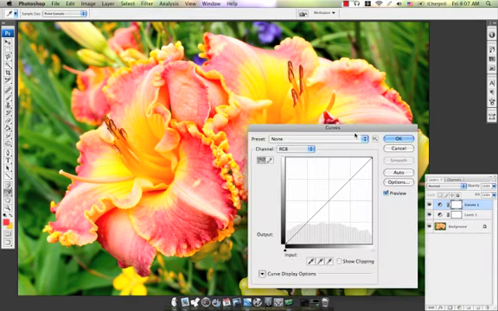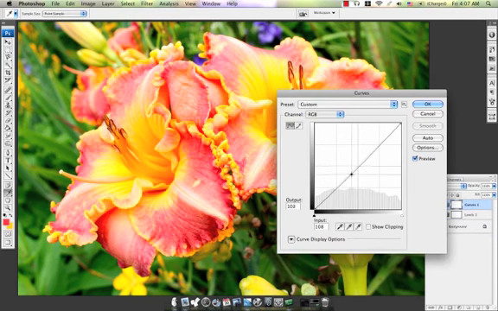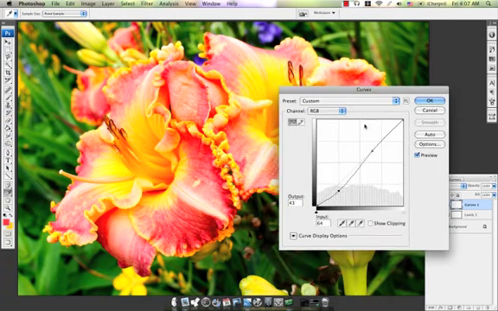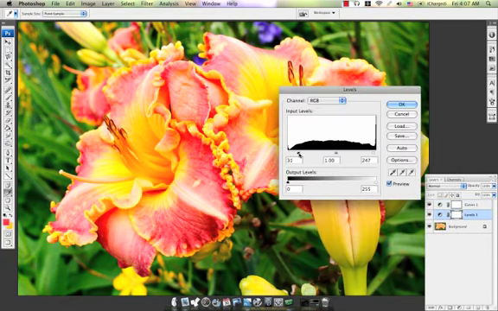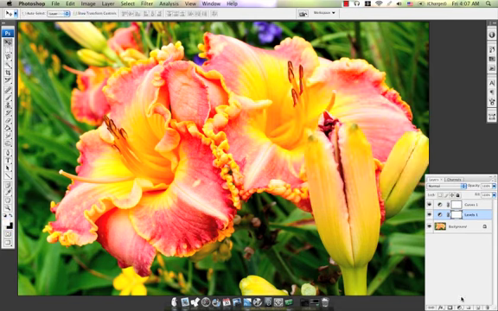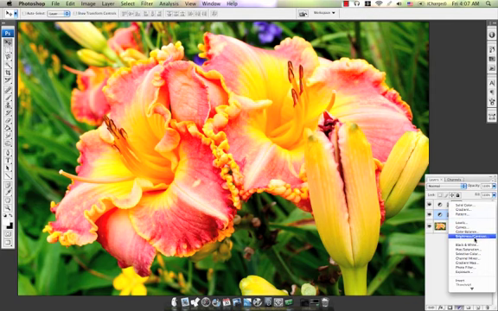Go to the curves, and you just drag this down a little bit. Put this one up. That's a little bit too extreme, I think. Maybe the levels a little bit more. And then on some pictures,